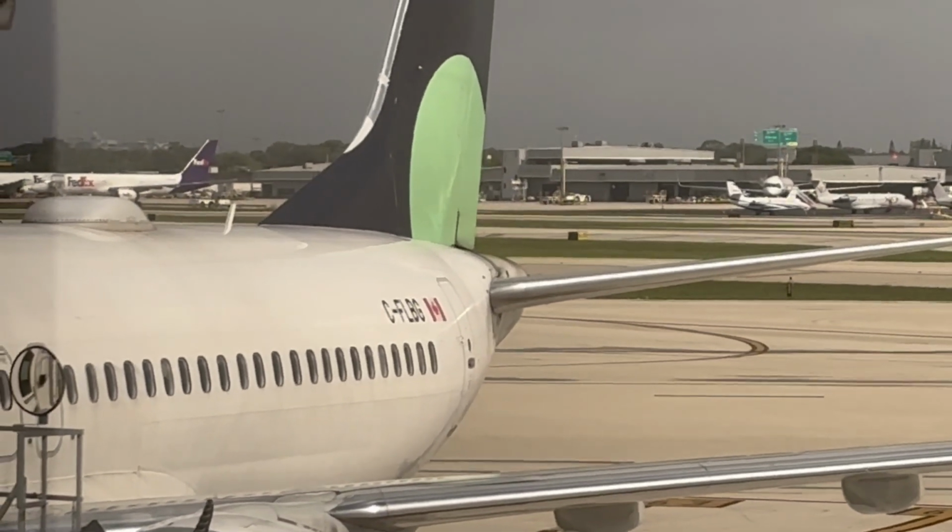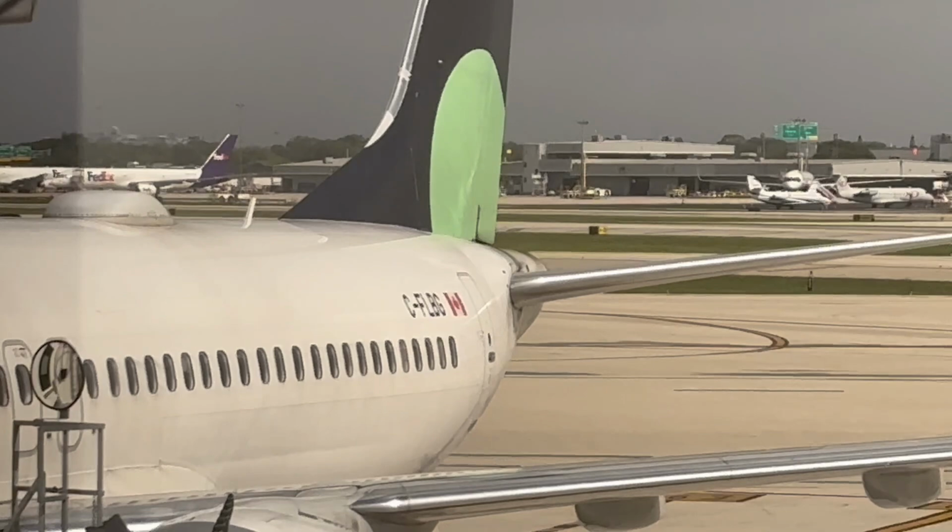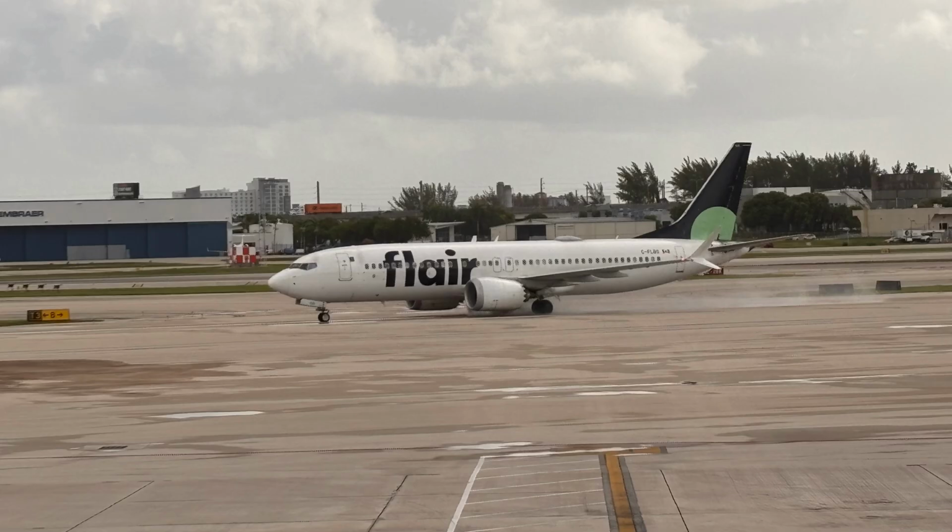And here's the 737 MAX 8 that's going to be taking us up to Toronto today. Charlie Foxtrot Lima Bravo Golf, which was originally under the ownership of a different airline, which we'll talk about later. And before we knew it, it was time to...